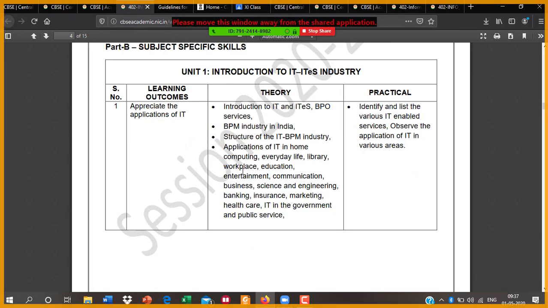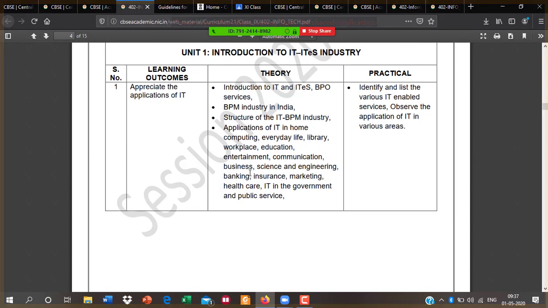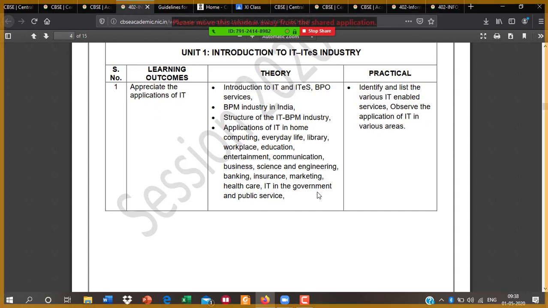We will find out about business process outsourcing, for example call centers, and what kind of technology is used in BPM and BPO, and how technology works in education, library, everyday life, IT in home computing, entertainment, communication, business, science and engineering, banking, insurance, marketing, healthcare, IT in the government and public sector.